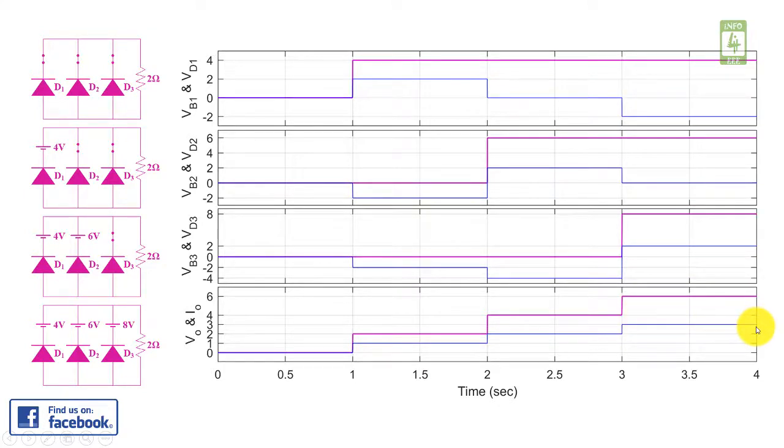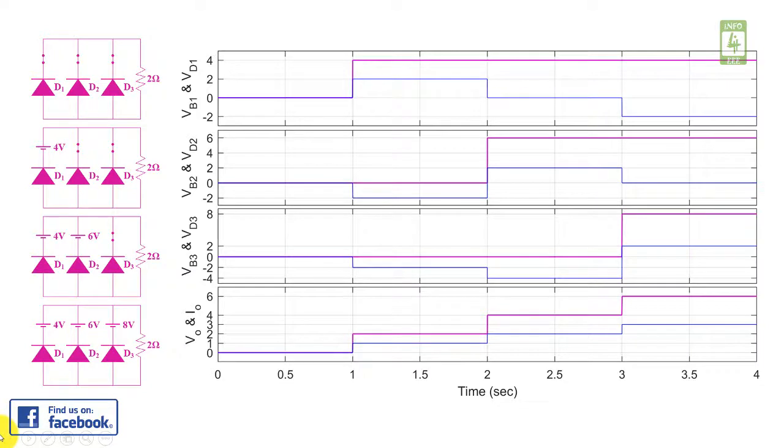Now getting the status about D1 and D2. Now minus 6 volt at the anode of D1 and minus 4 volt at the cathode of D1. So net minus 2 volt will be dropped across D1, which is shown here, and minus 6 volt at the anode of D2 also, and minus 6 volt at the cathode of D2. So net 0 volt will be seen across D2, which is shown here.